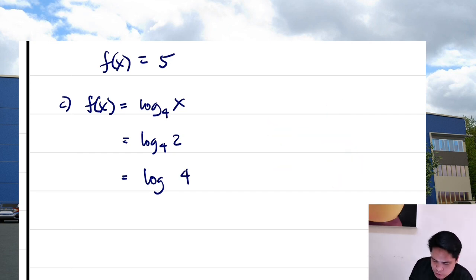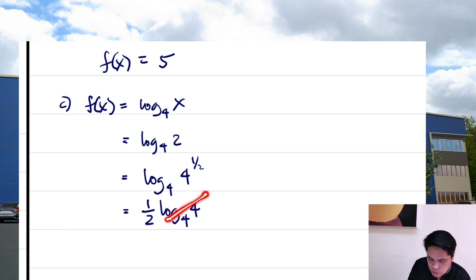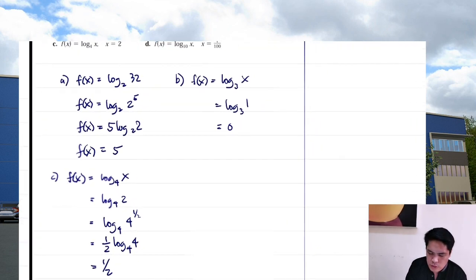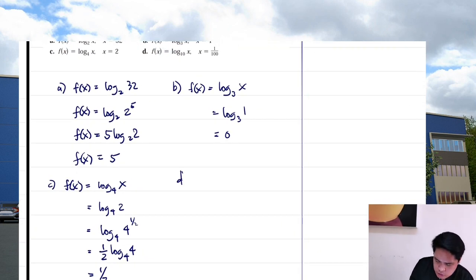So para maging 4 din yung base niya dyan, yung base niya dito, that would be 4 raised to 1 half, or square root of 4. Okay? Then by properties of logarithm, ilipat natin dito yung 1 half, that would be 1 half times logarithm of 4 to the base 4, and this is equal to 1. So the answer is just 1 half. Ganun lang kadali. So let's try letter D, which is f of x is equal to the logarithm of x